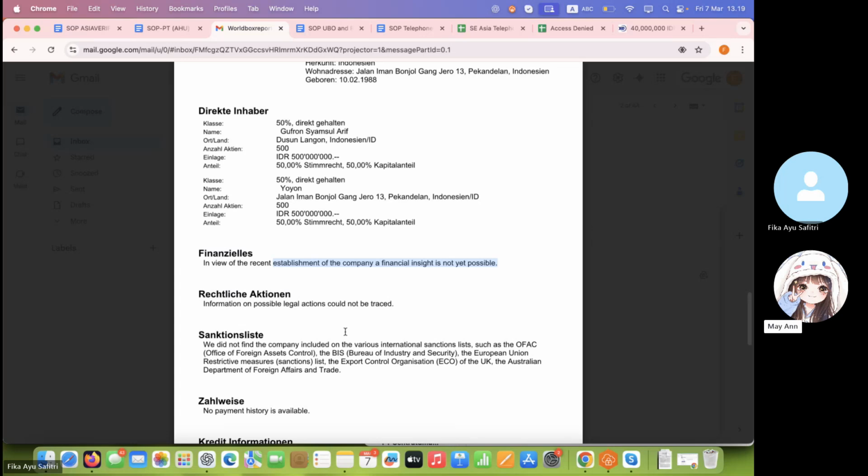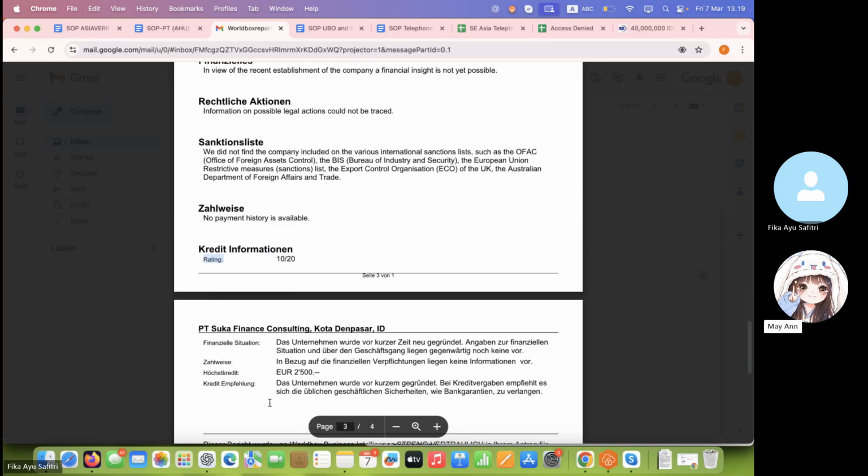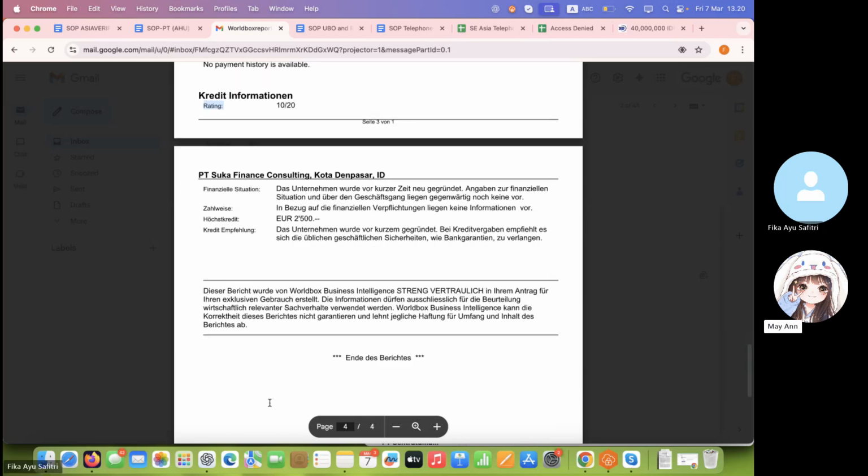Then we have the credit amount down there, the credit information. If you translate that, it will show that the company is recently incorporated. I think everything will be written here. If you selected newly incorporated, that is also explained here, the financial situation and the financial comment. So it will be included. Then I think that one is complete.